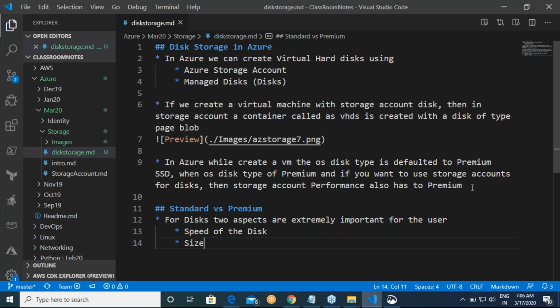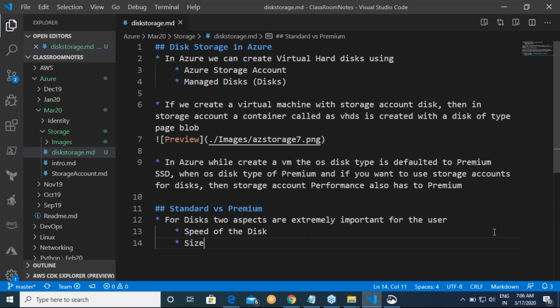How is the speed of the disk measured? This is interesting. The speed of the disk is measured by something called IOPS.